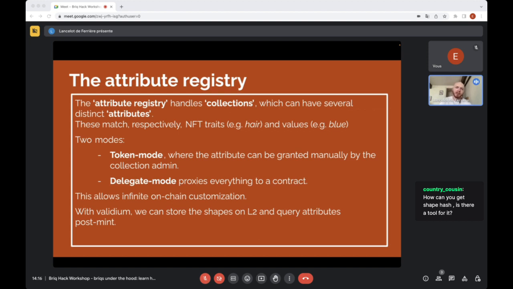And each collection can exist in two modes. One is a simple token mode. So basically you have a collection, you have attributes in that collection, and the owner of the collection can just grant the attribute manually. So that allows you to do short lists, that allows you to do custom